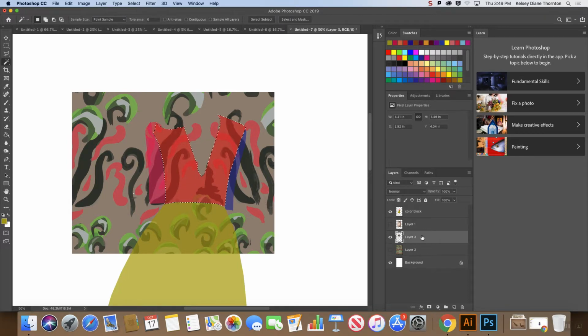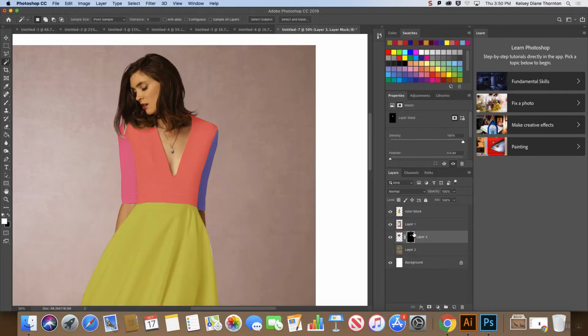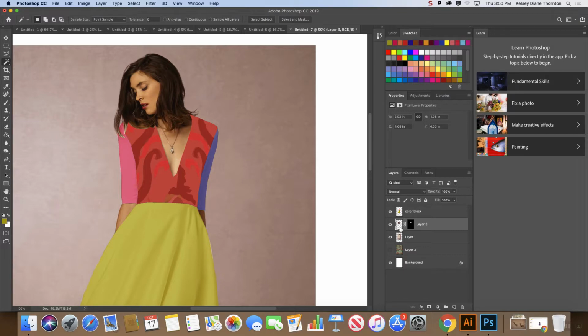And then when we move back to layer 3, I'm going to use this clipping mask function, which is at the bottom of the layer panel, and this function looks like the Japanese flag. It's got a circle in the center of a rectangle. So when we click on this with a selection, it's going to clip it to the edge of the selection. And you can see that it's already looking good, except,